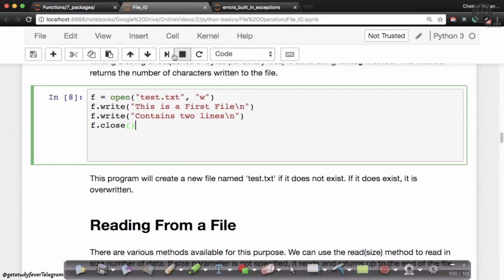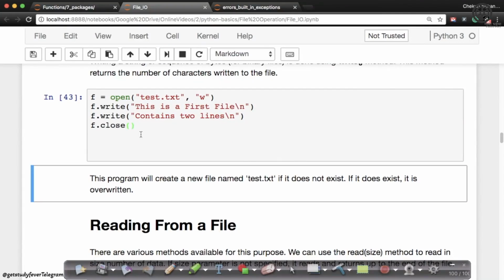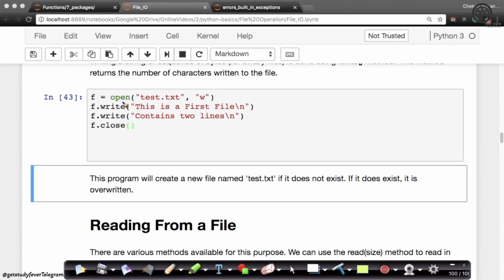Okay, so when we run this code, what happens now is interesting. I'm opening a file called test.txt in write mode, and I'm saying f.write. Whatever I write here goes into the file, and I'm closing the file here. If test.txt did not exist earlier, it will now create it and put these two lines